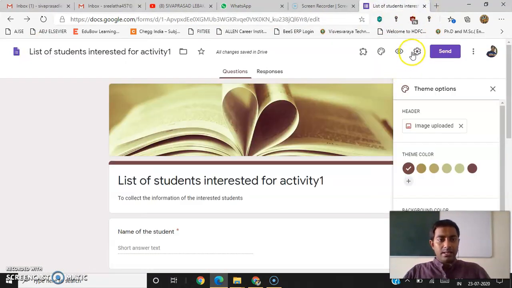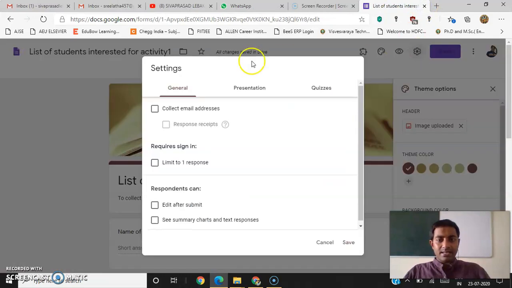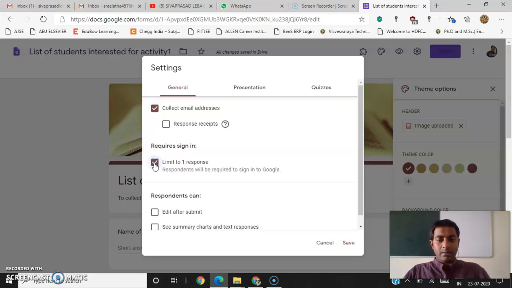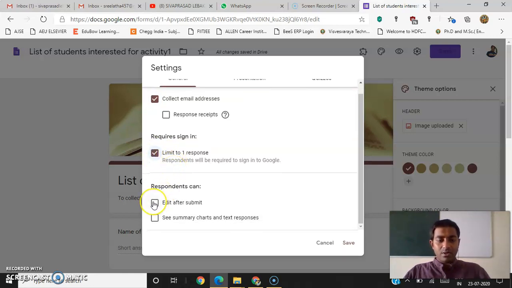Okay, and then settings, some more settings, let us explore. If you want to collect their mail ID also, you can click on collect their mail ID. And if you want to take only one response per email, then you can tick this option, limit to one response. And if you want to give them a choice to edit again after submitting, you can click on this edit after submission.